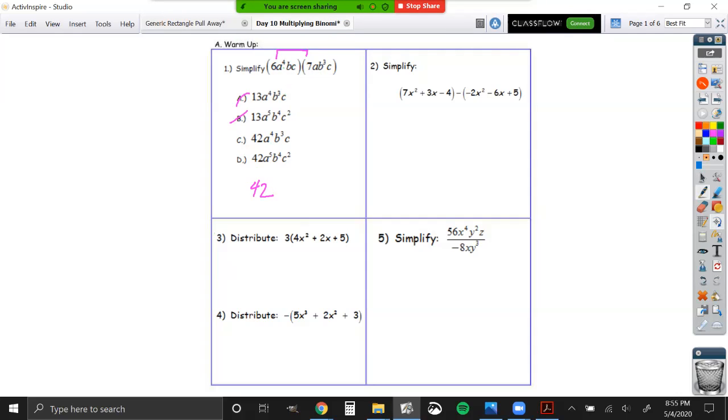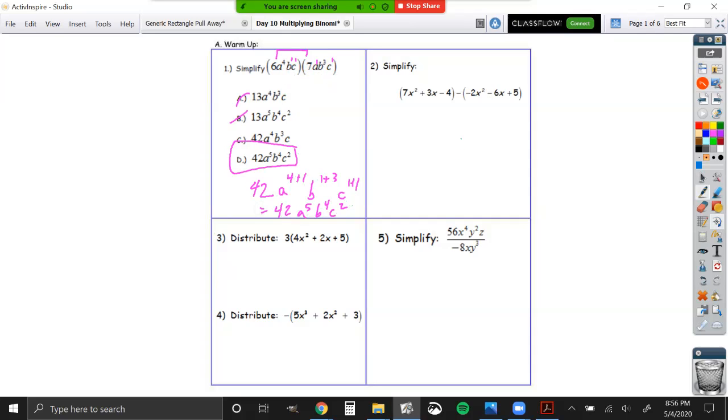And then I've got to multiply the A's, the B's, and the C's. This is B to the first, C to the first, A to the first, C to the first. So this will be 42, A to the 4 plus 1, B to the 1 plus 3, C to the 1 plus 1, or 42, A to the 5th, B to the 4th, C to the 2nd,